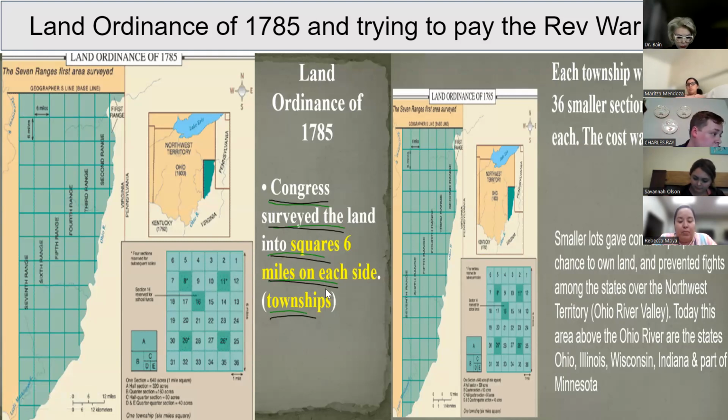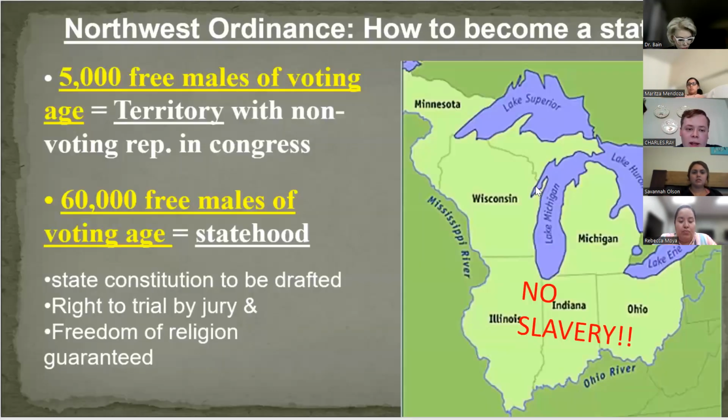And according to 240 tutoring, y'all don't seem to need to know about the Northwest Ordinance. But just know it establishes the way we can bring states in. We'll still actually kind of use this to an extent. Instead of free males, it's just free citizens. At 5,000, your territory has a representative in Congress, they just don't vote. At 60,000, you can apply for statehood. You get a state constitution drafted. You have the same freedoms and rights as a citizen in any other state.